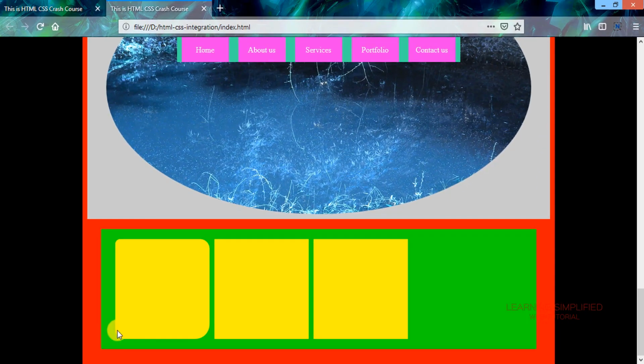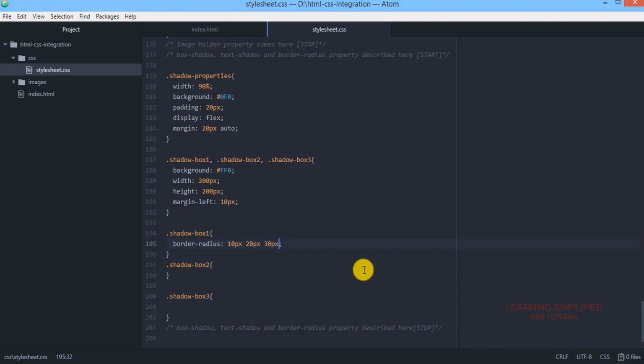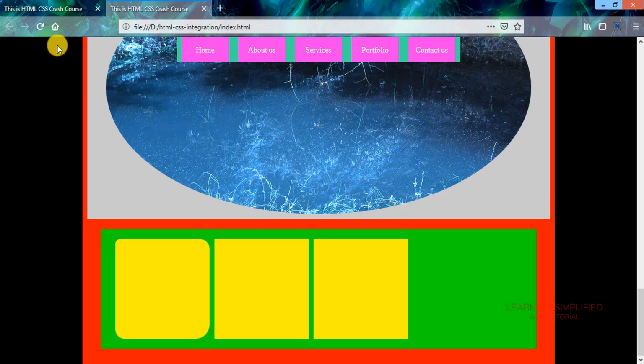So if we want this one to appear as a flat corner, then all we need to do is mention this particular value over here. And if we now reload, we can see that it seems okay and there is absolutely no problem.